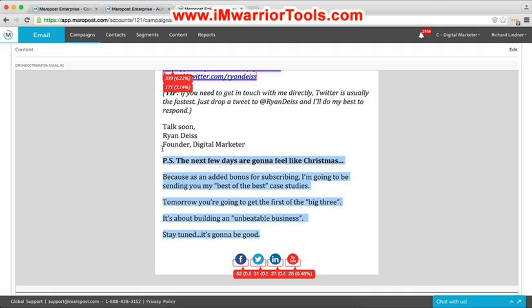All right, this part here, this PS, is all about opening a loop. It's about promising additional value that was unadvertised when they signed up. Right? There's going to be additional value. I'm going to continue to add value in advance. I'm going to open a loop. I want you to start thinking about me now. I want you to know when an email shows up tomorrow that I told you it was going to be there. All of these things are intentional.